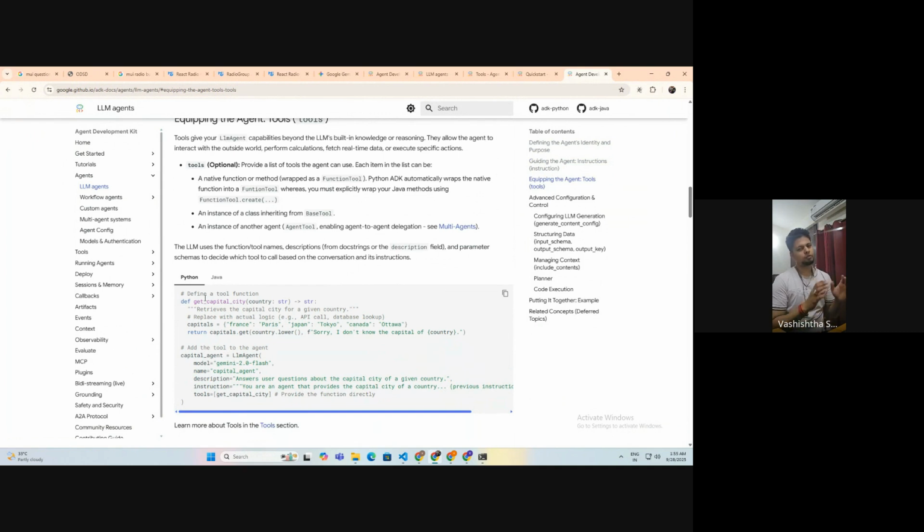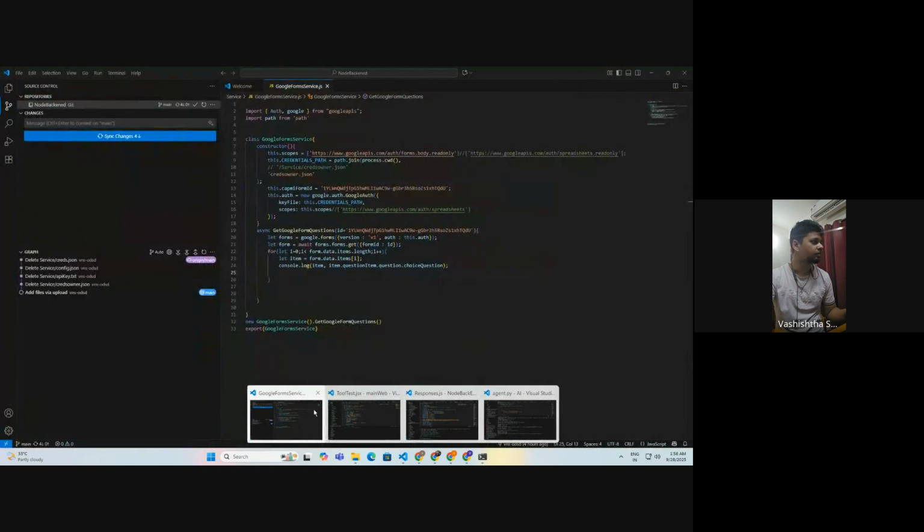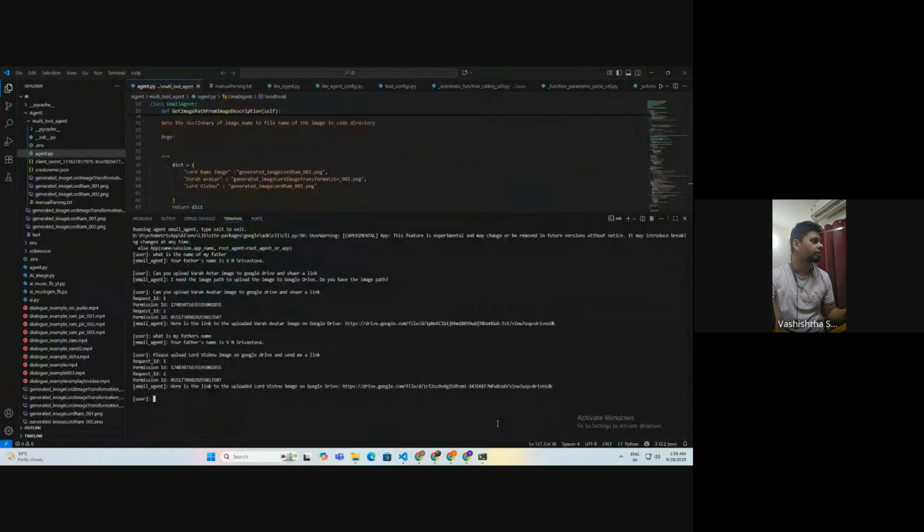So if you make a function which has a title that is clearly written to say what it is going to do, and you have the parameters clearly written to say what is required, and you have the output clearly written to say what is going to come out, then the system will be able to figure out what is required. Okay, so let's go and do some code. Let's see how I can do it.